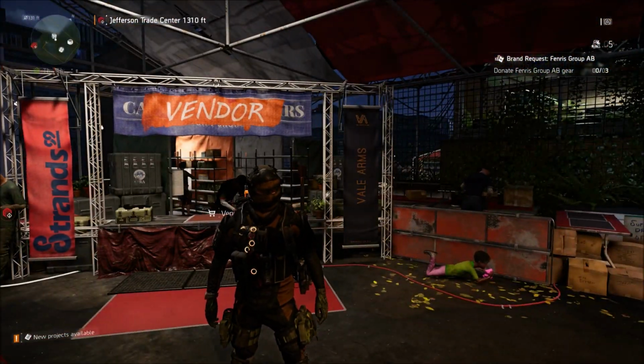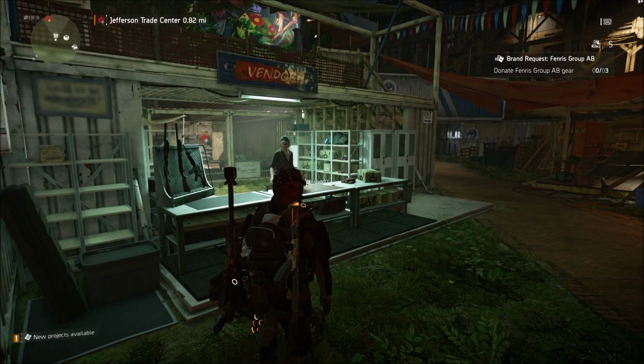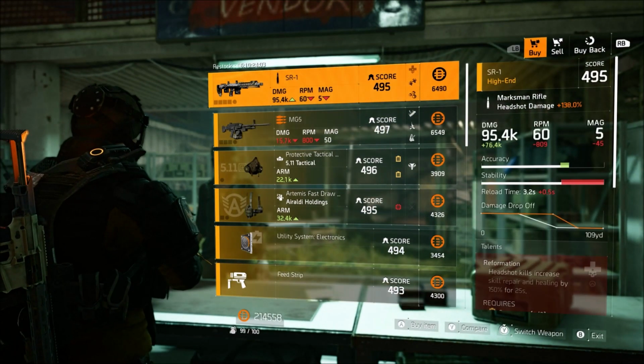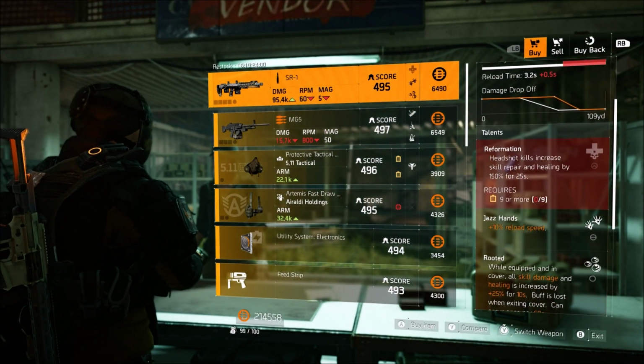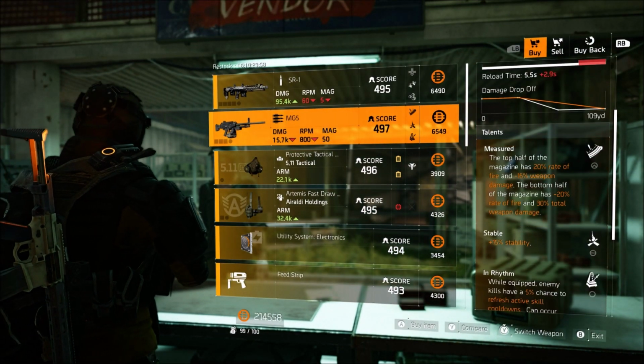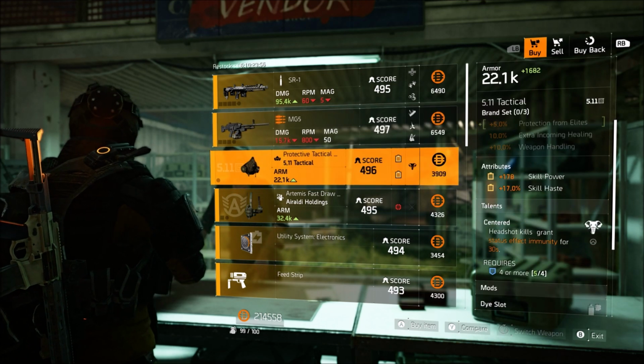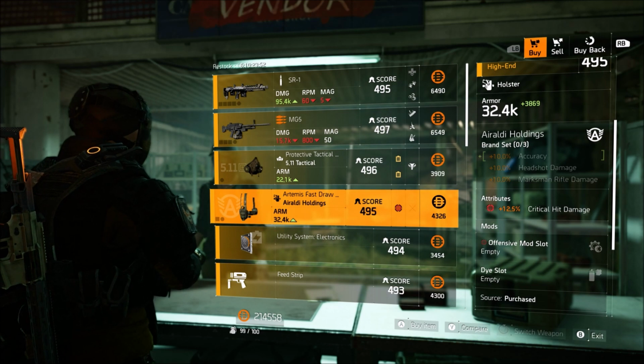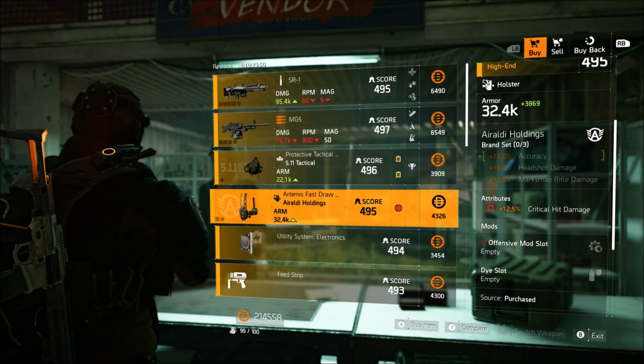Next up is the campus. Alright, next up, like I said, is going to be the campus settlements. She is selling an SR-1 sniper rifle with Reformation, Jazz Hands, and Rooted, an MG5 with Measured, Stable, and in Rhythm, 511 mass with Centered, Skill Haste, and Skill Powered, Roddy's holding holster with Crit Damage and Offensive Mod, that's